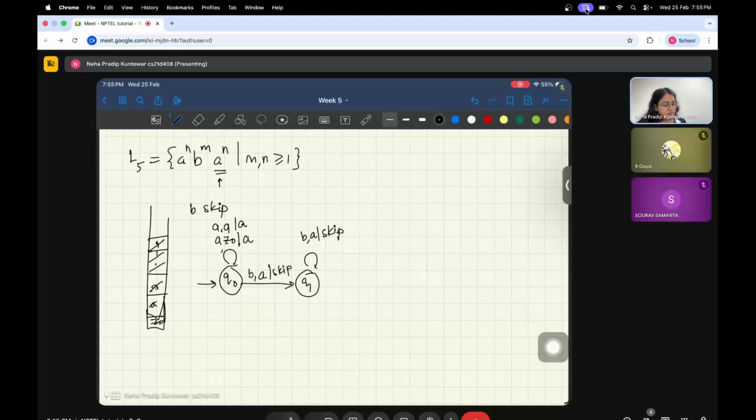And now if you see an a, then we pop. You don't really need a new state for that, but it's okay. In the end, if the string is empty, you want the top